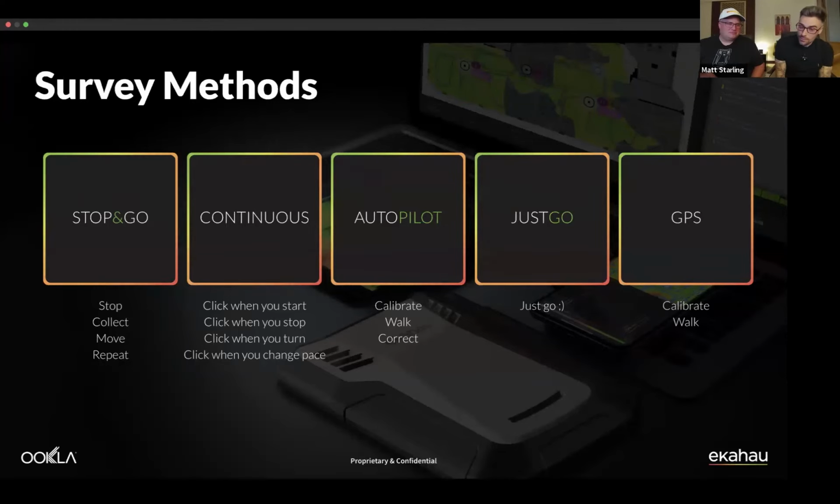But one of my favorite survey methods for sure is autopilot. So autopilot is great because basically what you can do when you've got the floor plan is you just give a couple of reference points. So a reference point for where you are currently, you then move for a distance, and then you give another reference for where you are. And then what will happen is the survey path will just automatically update as you move around.